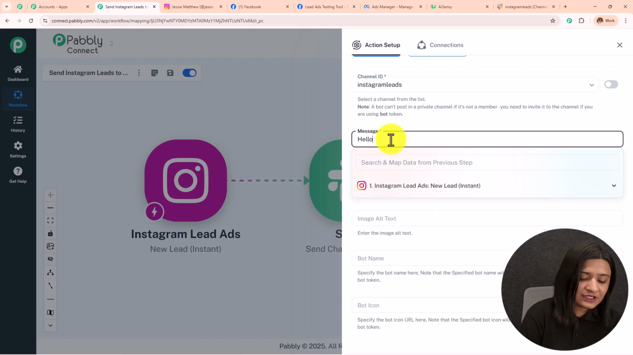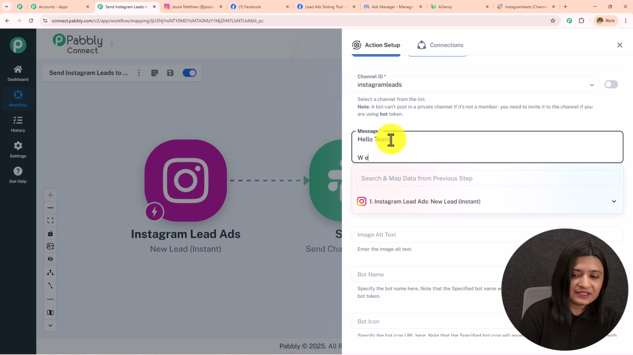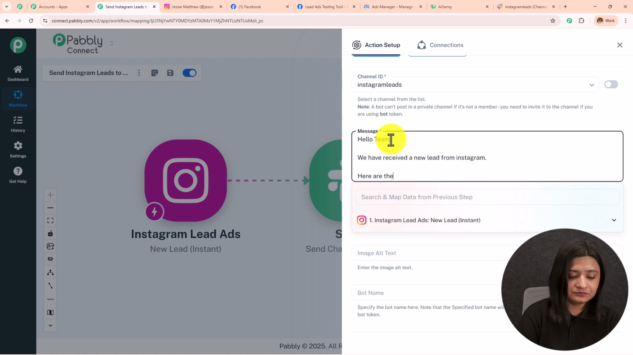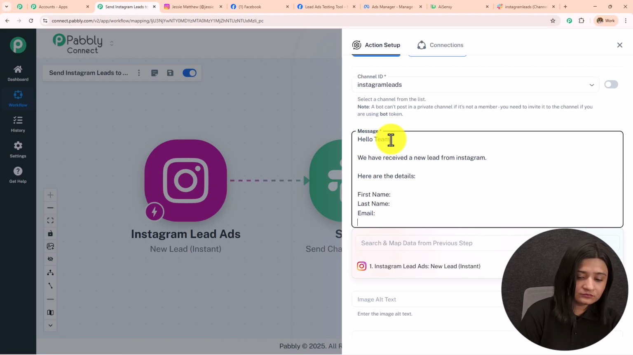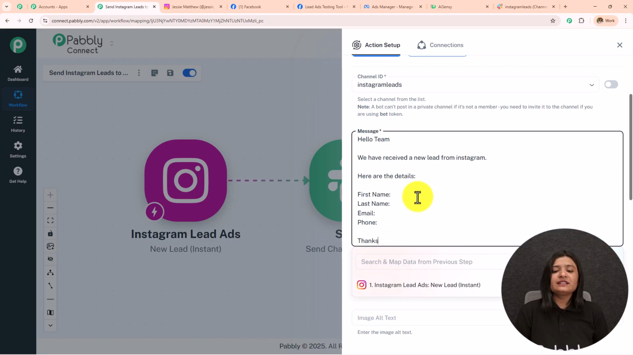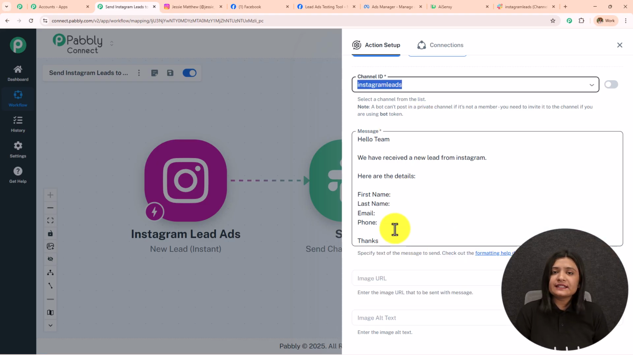I'm going to enter the message like, hello team, we have received a new lead from Instagram. Here are the details: first name, last name, email, phone. So here I'm going to enter these details now, but I'm not going to enter these details manually. Instead, I'm going to use a method called mapping, which means I'm going to enter the data from the previous